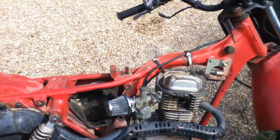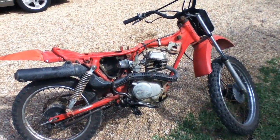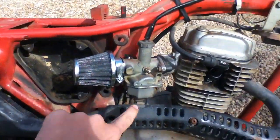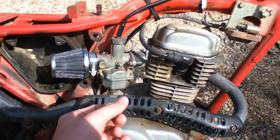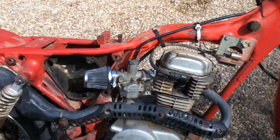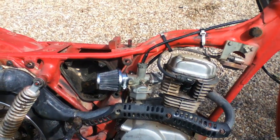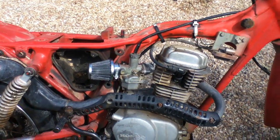This bike has been sitting for quite a while, and as tends to happen when bikes sit for a couple of months, the fuel in the carburetor bowl will turn to a sort of varnish and clog the jets in it. So because it's the weekend and I want to ride this bike, I'm going to go ahead and clean the carburetor out, which is about a 25-minute job depending on how